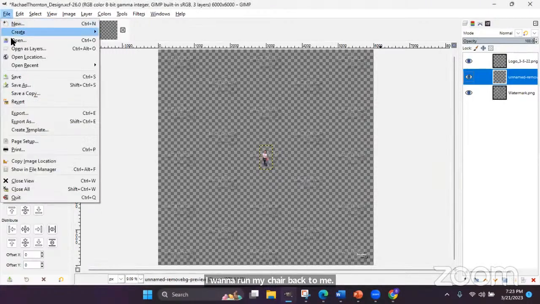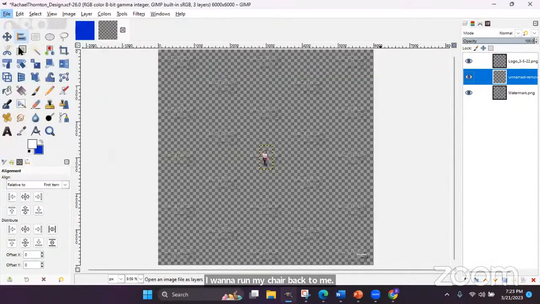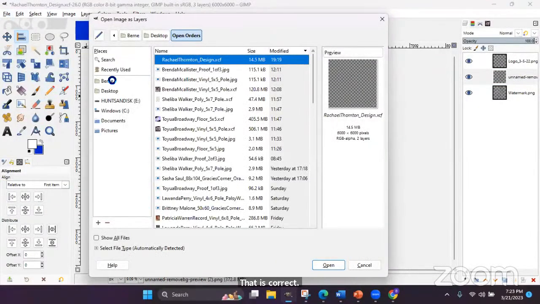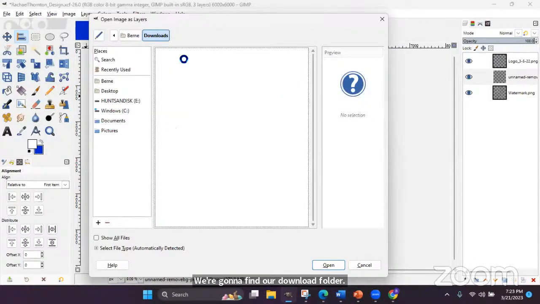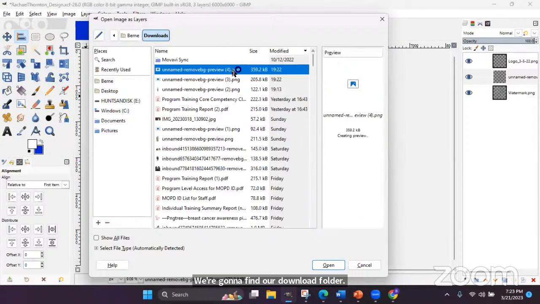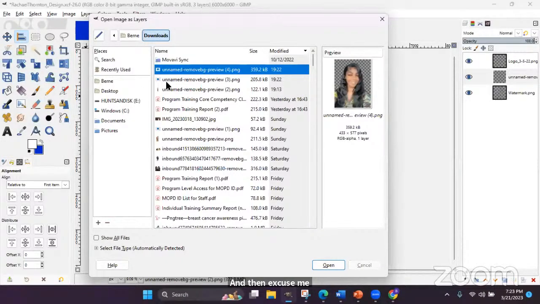That is correct. File, open as layers. We're going to find our download folder. Downloads. And then, excuse me, I'm trying to eat at the same time. Let me stop. And then we can grab both of these new ones